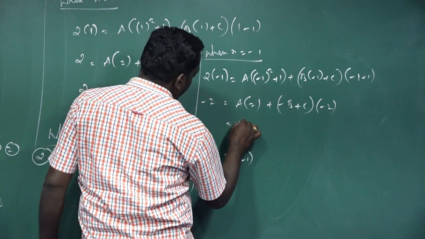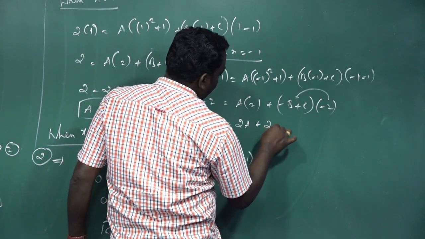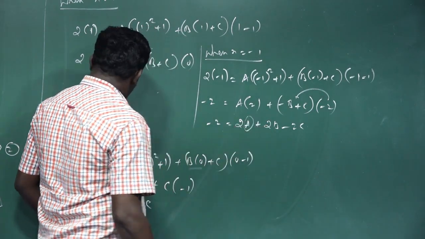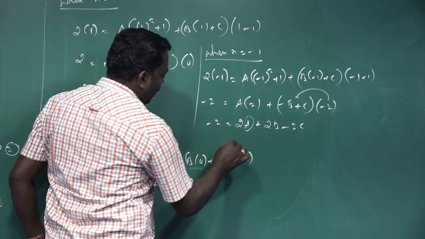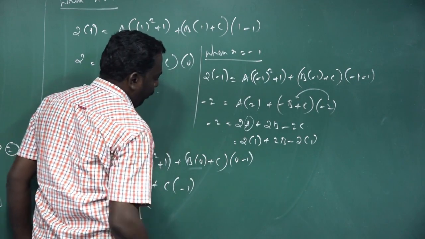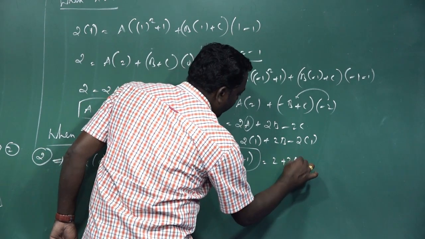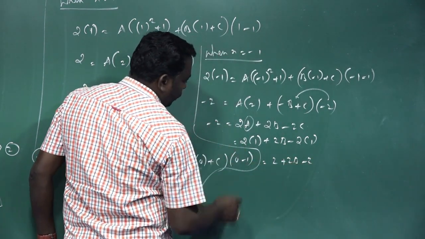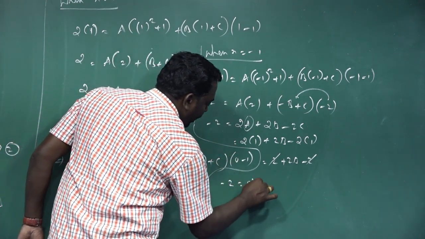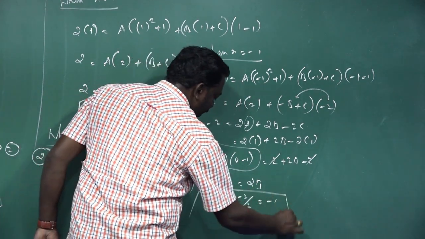That is equal to 2a plus, just multiply here, 2b minus 2c, that is equal to minus 2. Now just replace the value of a equal to 1 and c equal to 1 in this equation. That is equal to 2 into 1 plus 2b minus 2 into c value also 1. Therefore 2 plus 2b minus 2, the left hand side we have minus 2. Therefore plus 2 minus 2 both will cancel. The left hand side minus 2 remaining, that is equal to 2b. Therefore b equal to minus 2 by 2, that is equal to minus 1. Therefore b value equal to minus 1.